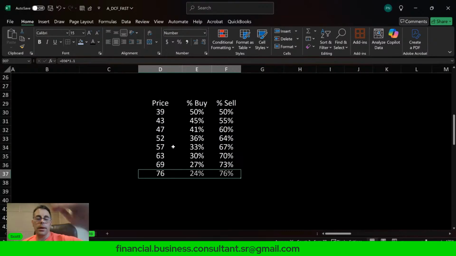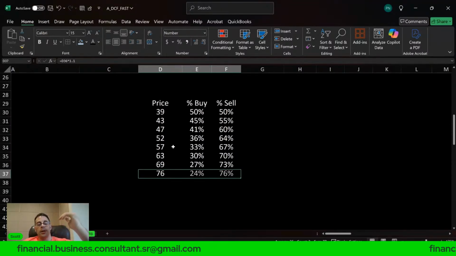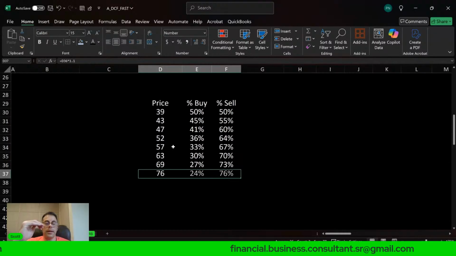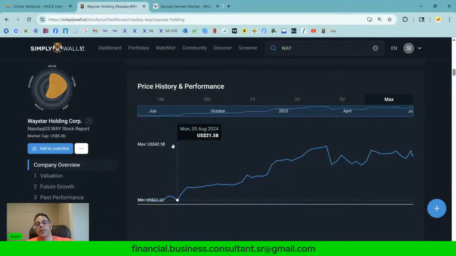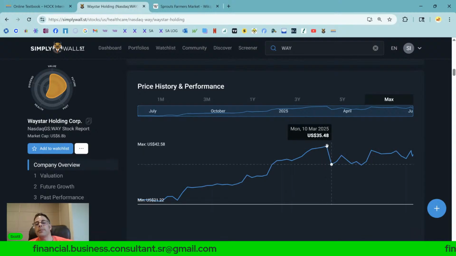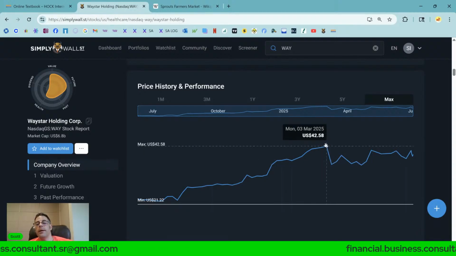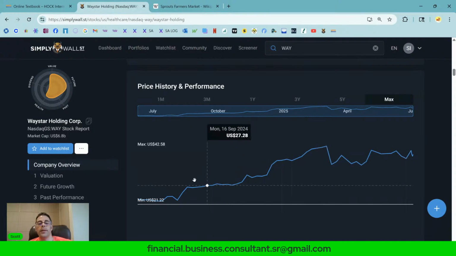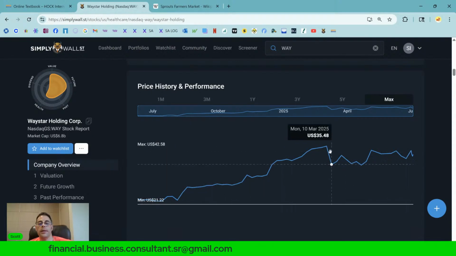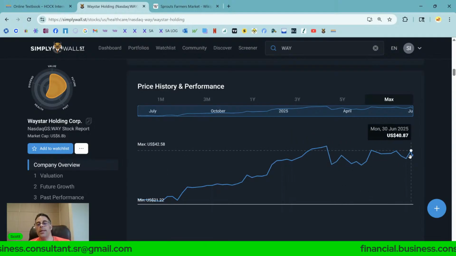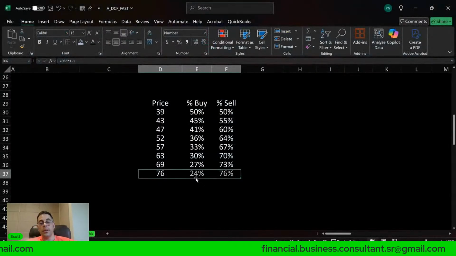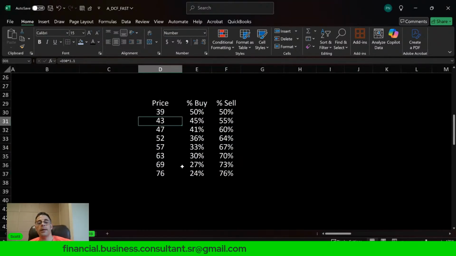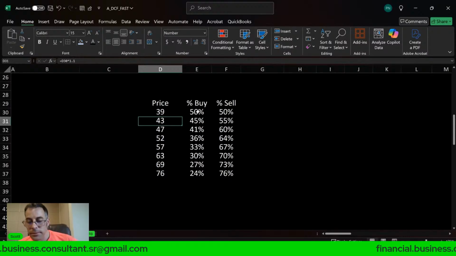So that's why generally a stock peaks and it usually has resistance points. This doesn't have much history though, but that's the resistance point right now, 43. Then there's a big sell-off, people taking in their gains who bought it down here, and then it trades down. When it gets too low, like if it goes from 76 down to 39, more and more people are likely to buy it.